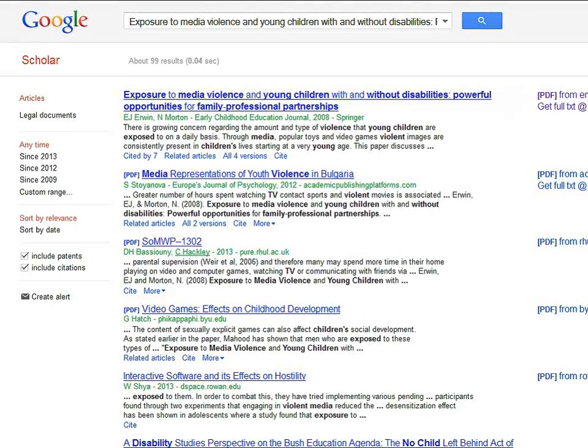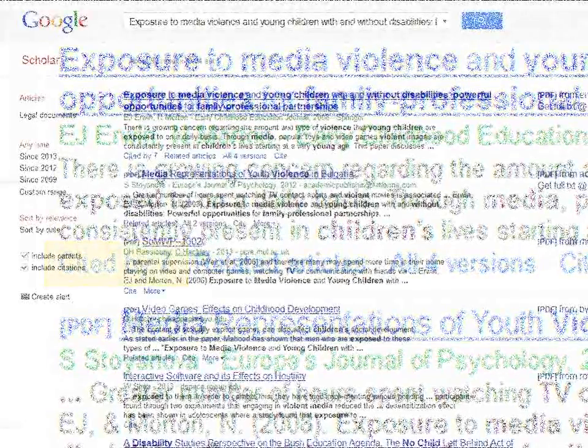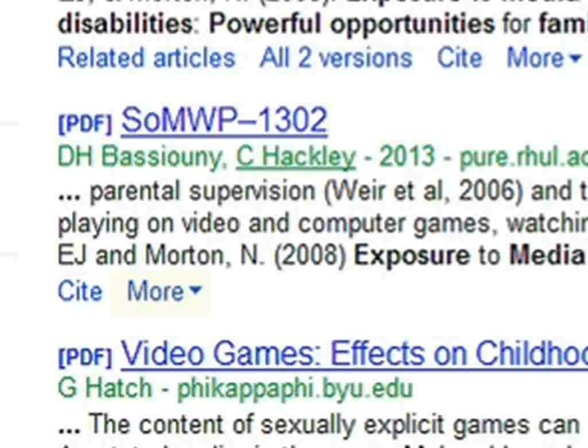You will notice two additional features in Google Scholar which are nice. First, this article has been cited by 7 other articles. These are articles that make reference to this article in their research. Articles that make reference to this article will likely be on a similar topic, but they'll be more recent. This Cited By tool can be a valuable resource. If the article were not available full text, it would have a more link, and the article could be requested through Corban University. Let's go back to Wikipedia.